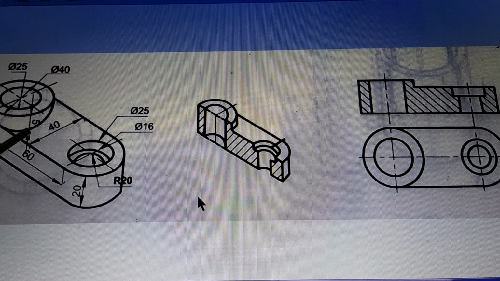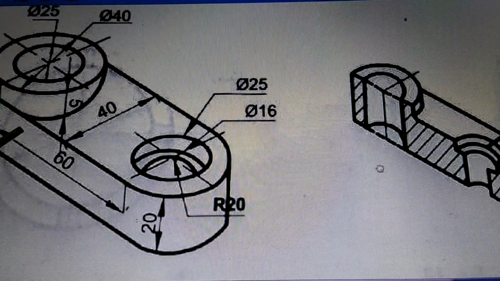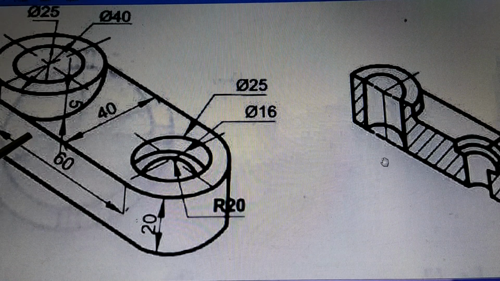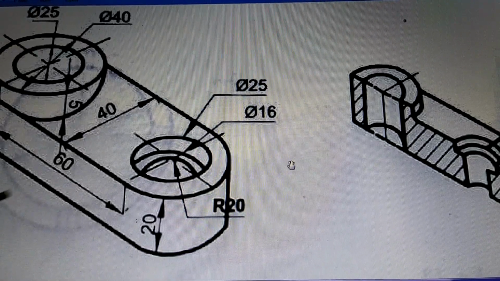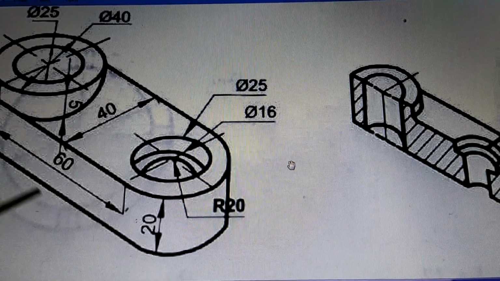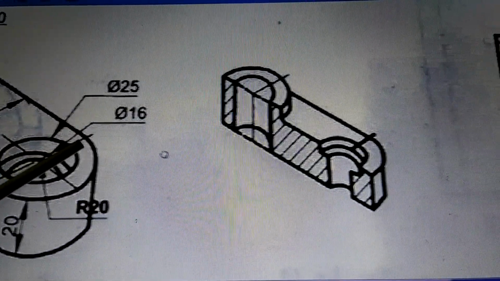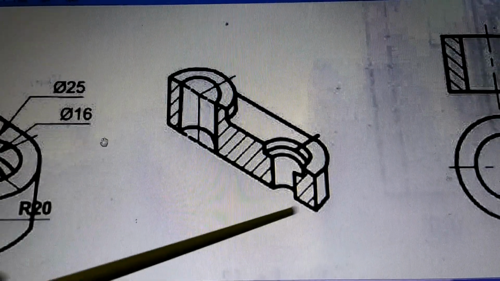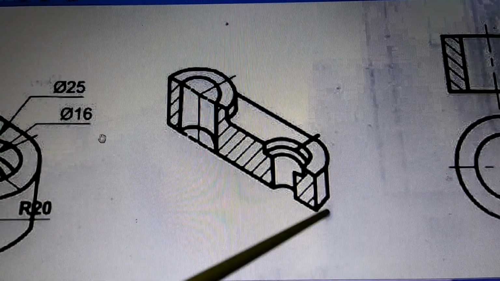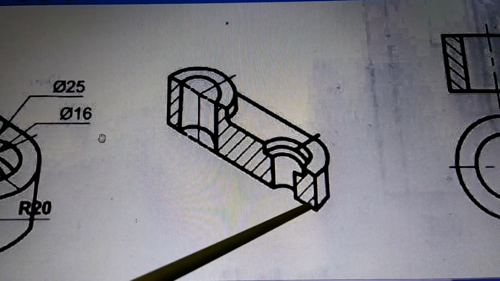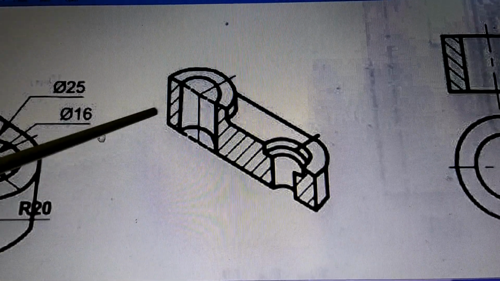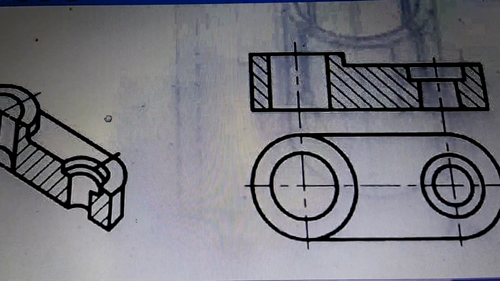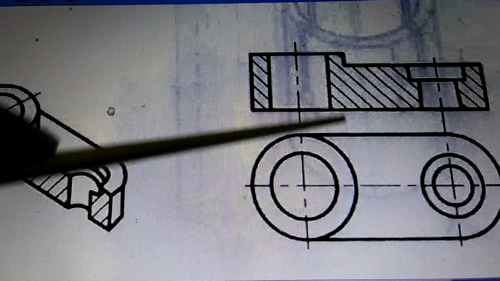Now there is another object shown here, and the object is like this. If you cut this object from the middle and look in this direction, that will be the sectional front view, and that is how it is drawn. First of all, the object is drawn in three dimensions after it is cut. So these are the newly created surfaces. Now when you draw the figures, you don't have to draw this figure, you are supposed to draw only the final figure like this. So sectional front view and top view.